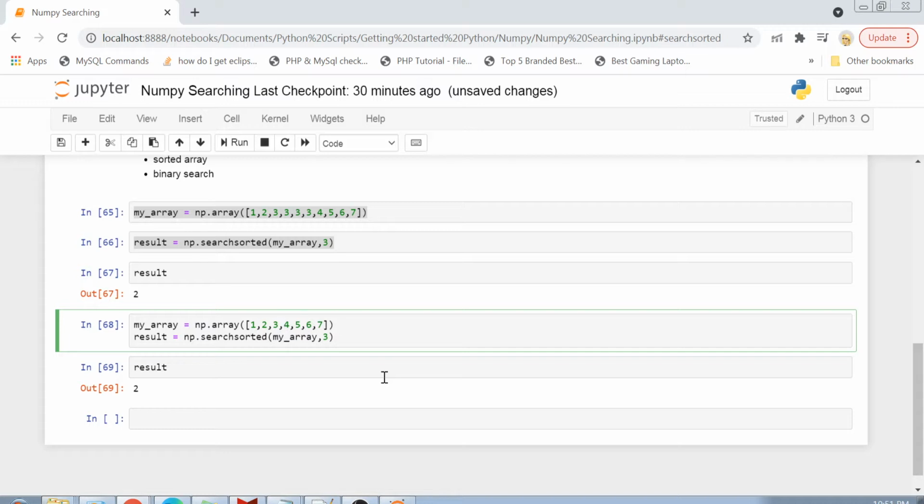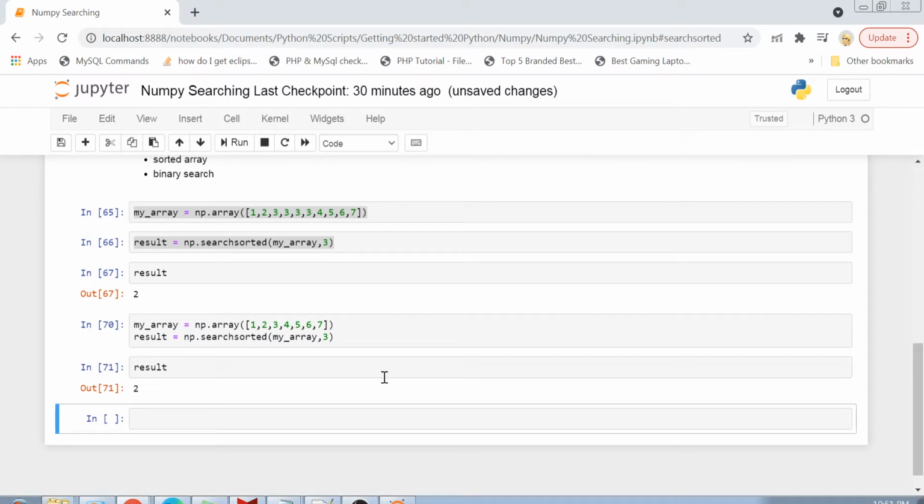Because it will just give you the index where that element can be inserted. So just by looking at this number, you won't be sure whether this element is exactly present at this place, or whether this is where this element can be inserted. So guys, that was the major difference between searchsorted and the where function.